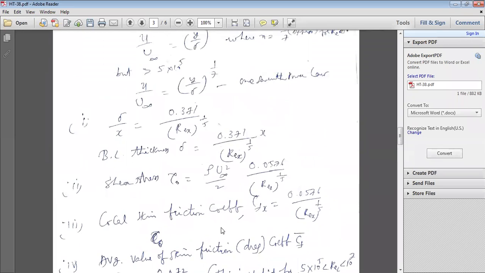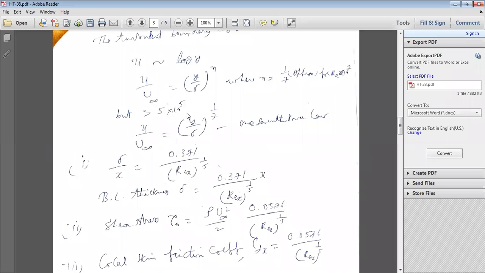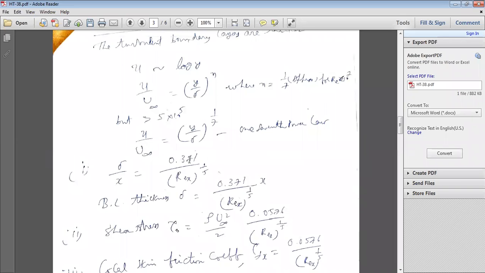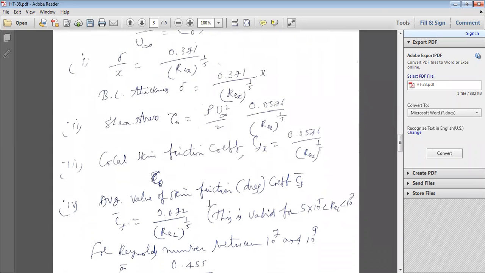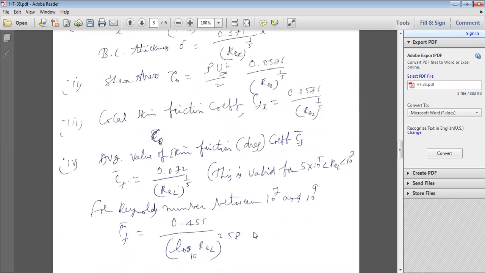So these are turbulent flow boundary conditions. By using the elastic distribution equation, by following the integral momentum equation, you'll be able to calculate the equations for delta, shear stress, local skin friction coefficient, average skin friction coefficient, and also heat transfer data, that is local heat transfer coefficient Hx and average heat transfer coefficient H bar. Under turbulent boundary layer conditions also, you can follow the same procedure as that of laminar, and you can solve the problems.